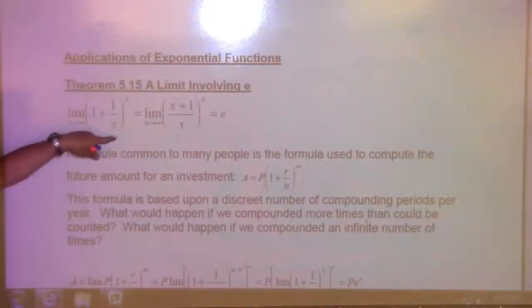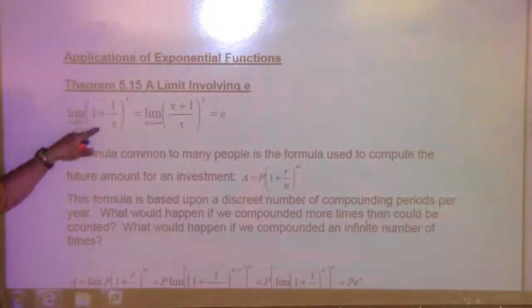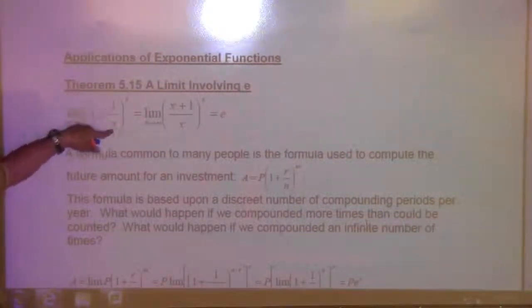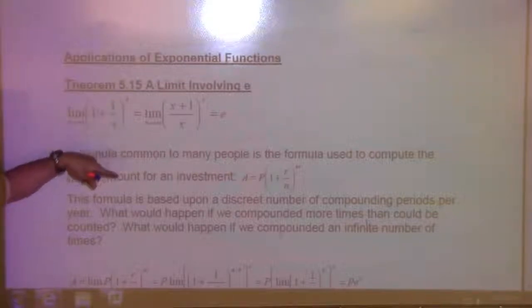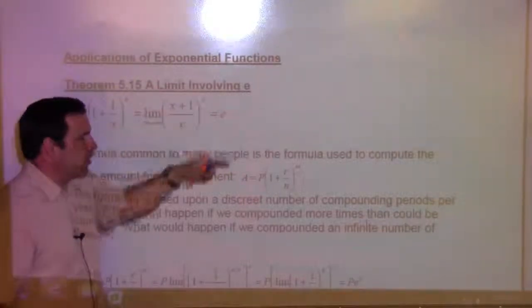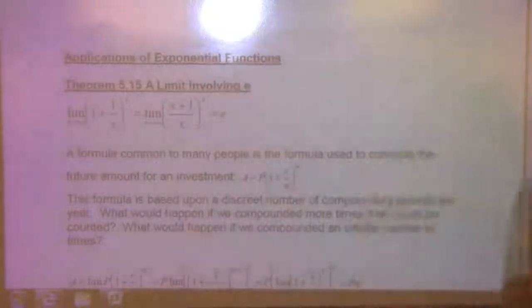I mean, here's the definition for e, one of the definitions for e. It's the limit as x goes to infinity of 1 plus 1 over x to the x, which could also be written as the limit as x goes to infinity of x plus 1 over x to the x, and that's our e. So what I want to just show you here is,